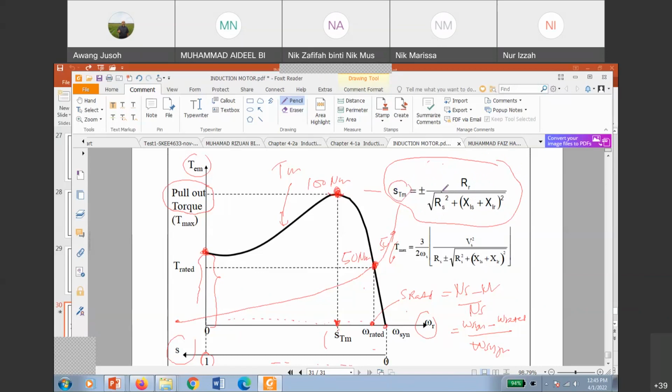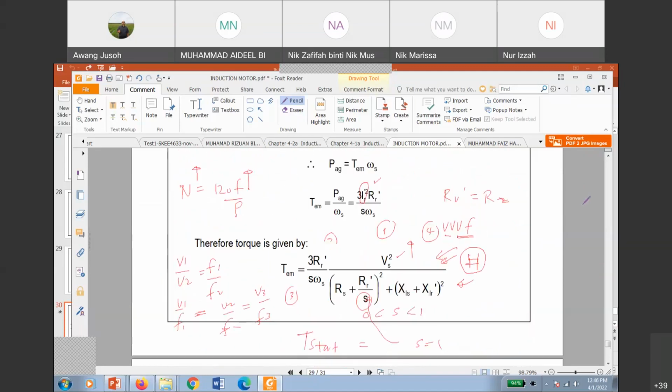You plug it into the equation for the torque, you can get this torque maxima, and the rest of the equations. You can find the power at maxima torque. You can find the current at maxima torque, everything. So that's only 3 different things that we need to be expert in. If you want to conquer this area of induction machine, there's 3 conditions only, as I explained before: starting, maxima, and full load.